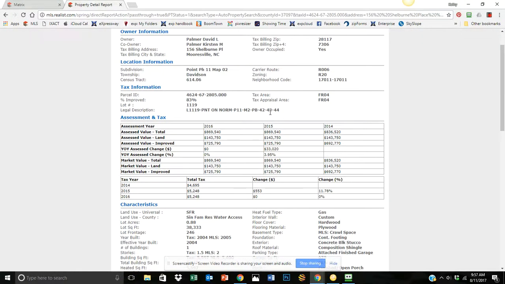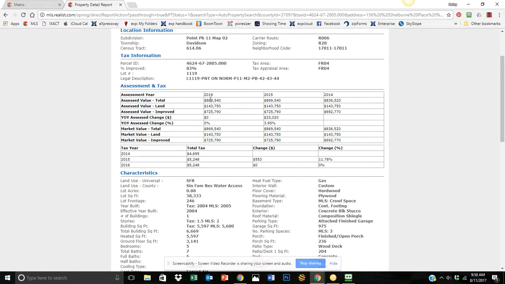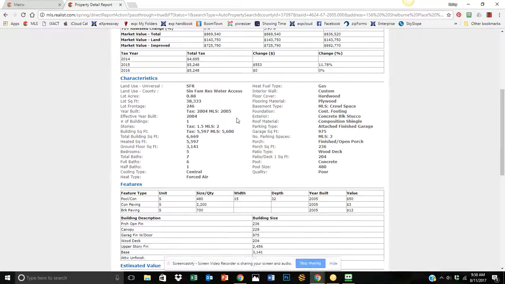So I usually go through and I highlight different components of it where I'll want to know the year that it is so I can quickly see it. I do care about the latest tax value and I do scan across to see if there's been changes. In this case, there has been. It's been an increase. I check on the lot size because I'm interested in that, the year that it's built,